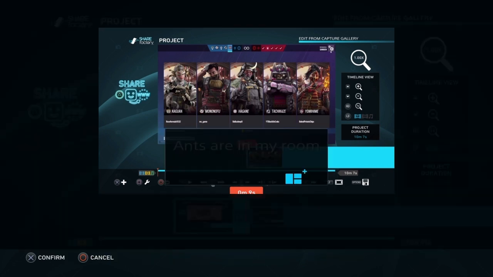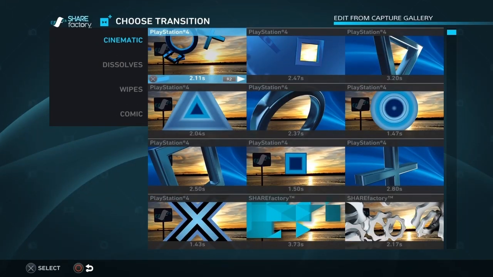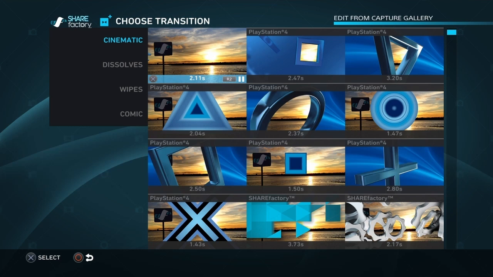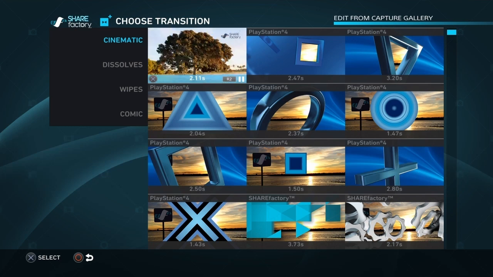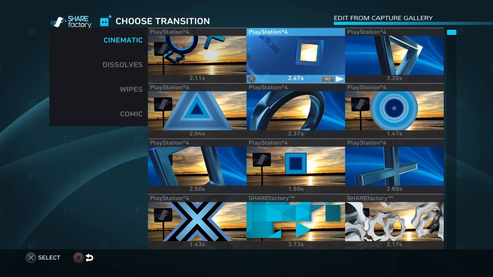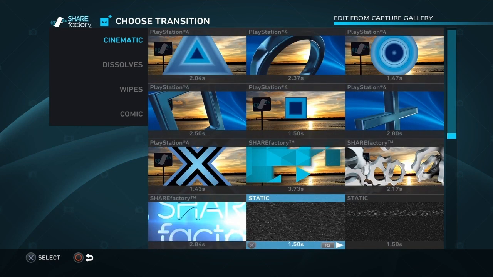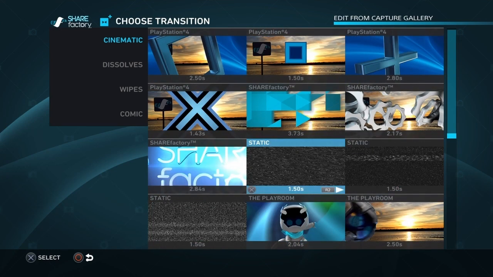But for transitions, you have a bunch. Mind your ears, by the way. This might actually be loud. Yeah, so it demos everything, all the transitions anyway. With R2, there's a bunch of them. The static ones are absurdly loud. Every time I use this in a video,